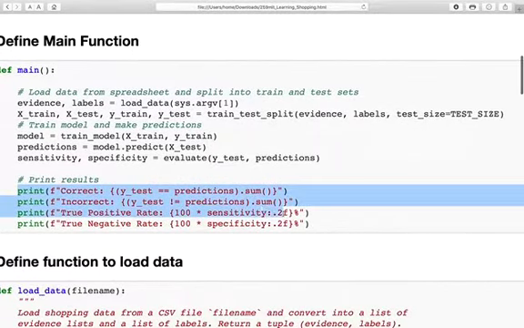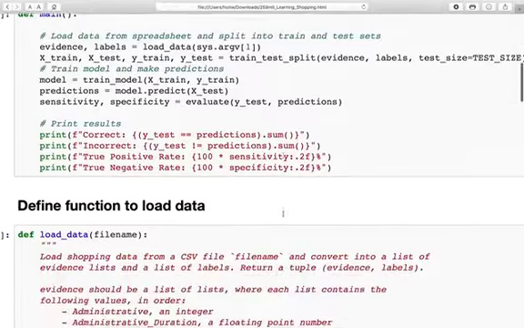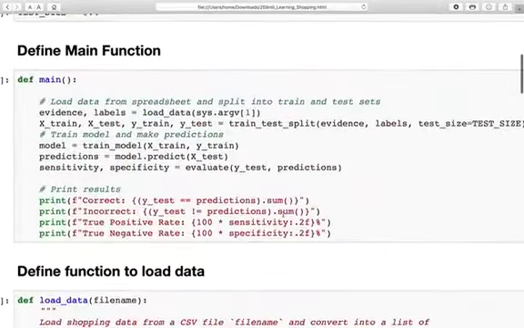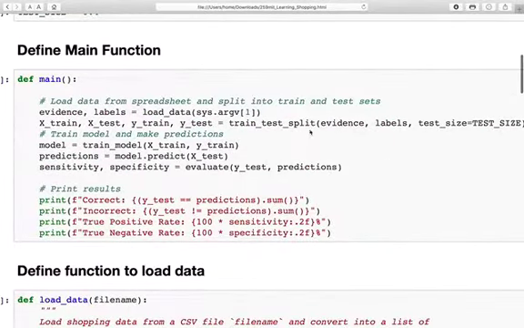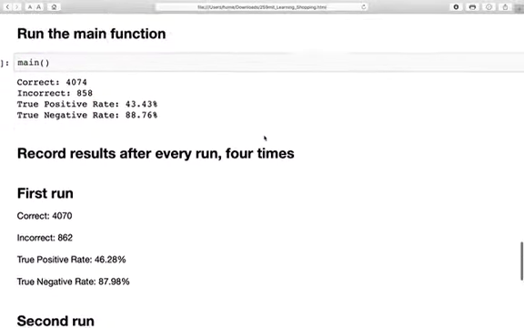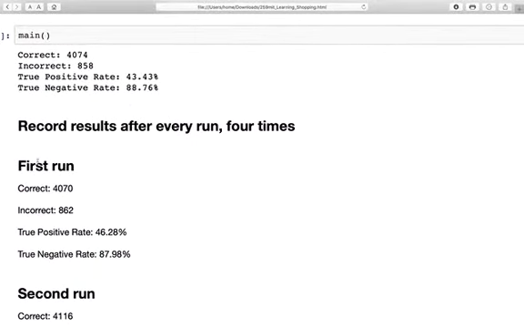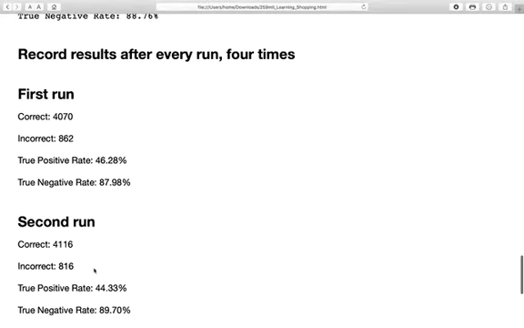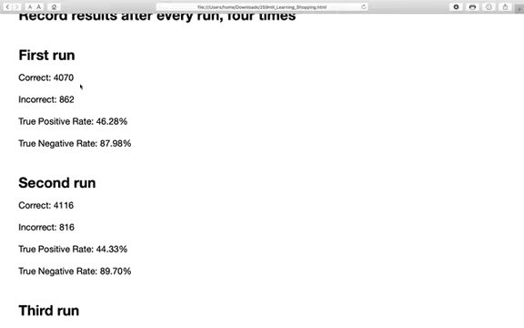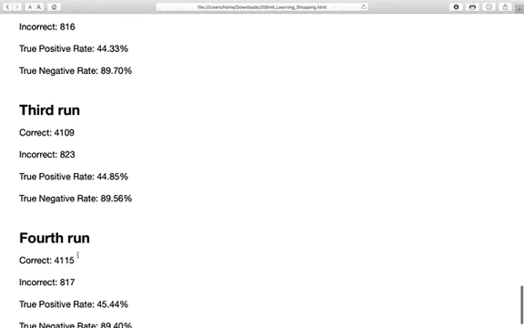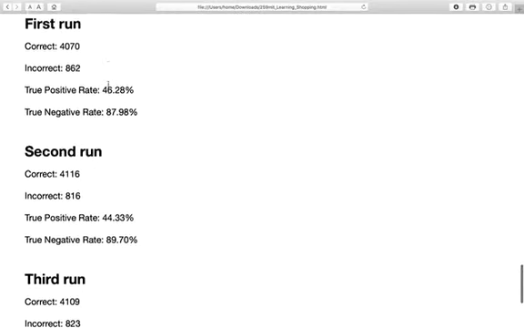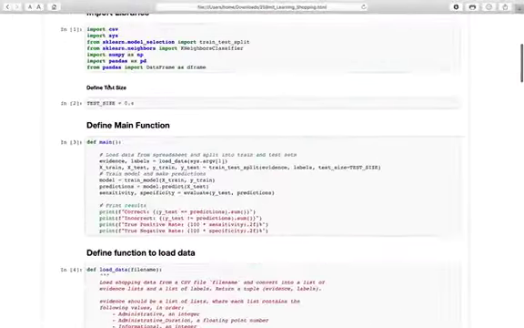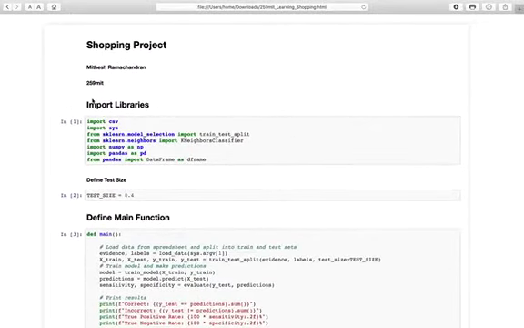So we print these values, and we've been asked to run this 4 times, because every time you have a different train-test split seed. So for that we run these commands 4 times. You will get around 44% or 43% and around 88 or 90%. Most of your values will be around that range. So all 4 times we ran and we got these values. So this was it, the shopping project of the learning module in CS50 AI.